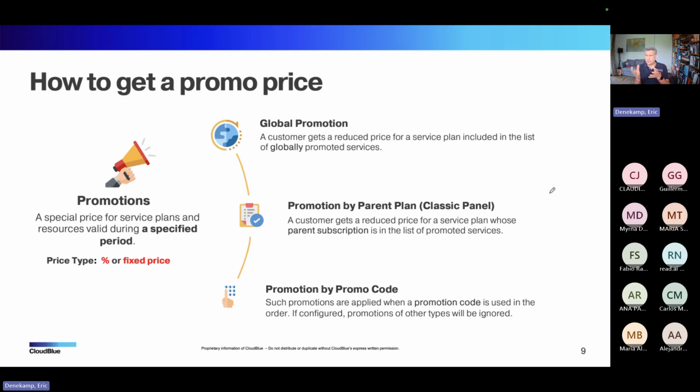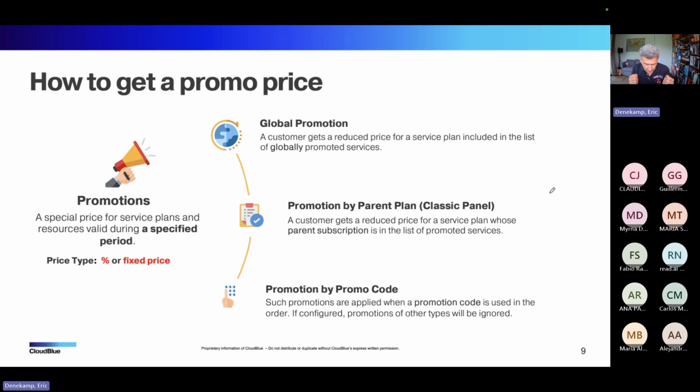Again, you could use that one for your fairs. You hand out vouchers with a promo code on it. Could be a one-time promo code. And then you can specify that, hey, if you use this promo code, you get the first 3 months for free if you buy this and this product for a year. And that, for me, is